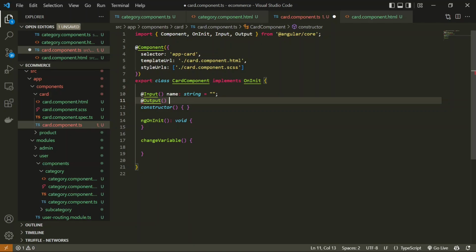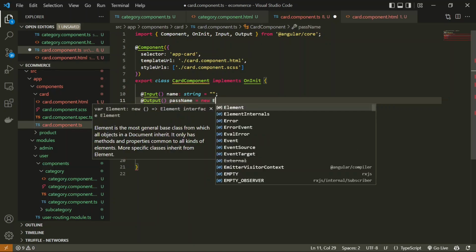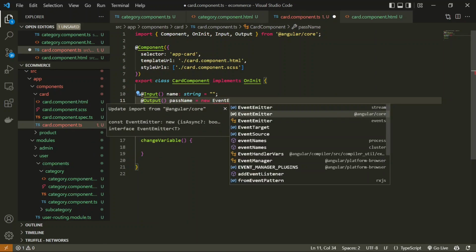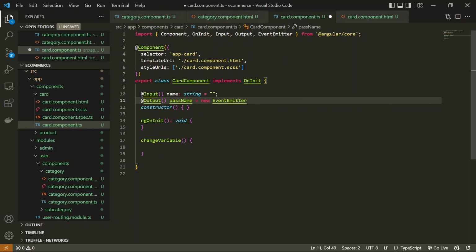I'm going to name that event passName. PassName is nothing but an event emitter, and this will emit an event to the parent. So this will be a new EventEmitter, and you just have to make sure that EventEmitter is always imported from Angular core.